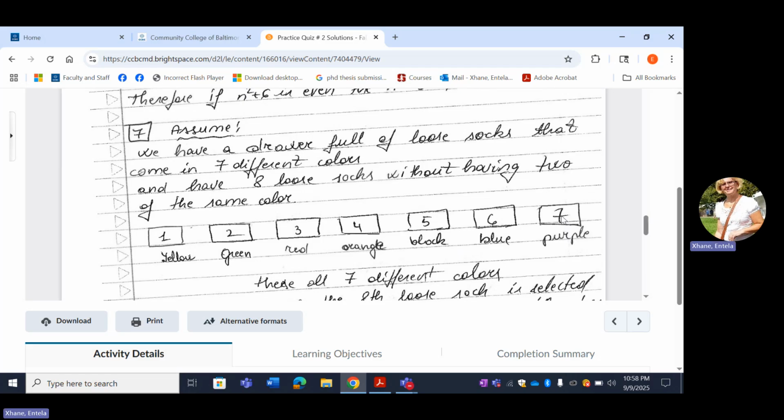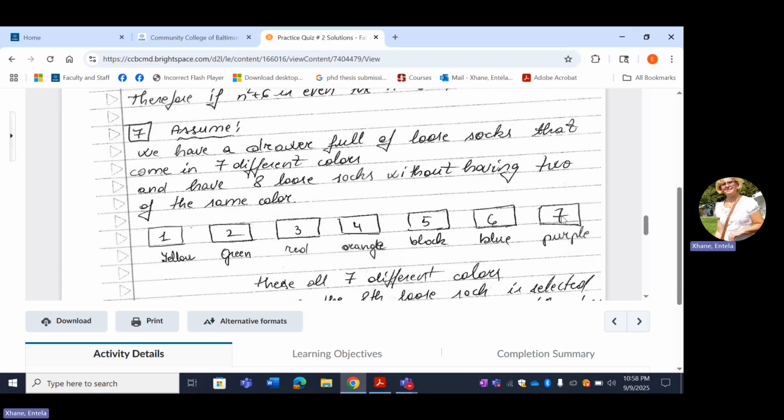Now, our goal is to show that if you choose 8 loose socks, then you must have at least 1 pair with the same color. So I'm going to make this proof by assuming the opposite, and that's a contradiction. And then show that my assumption is going to contradict the given information. So here's what I'm assuming. If we choose 8 loose socks, then no more, by saying at least 1 pair with the same color is going to belong to the same drawer,